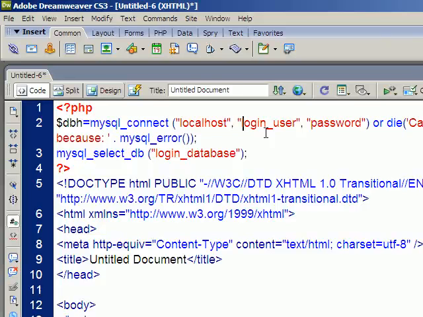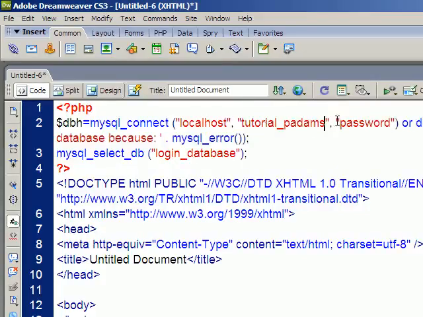Now with the StackNZ server that we've been using, we get a kind of funny username. In general, it's just whatever username you set up for your user on the cPanel, but in our case it's two-part. The login, so that's the username that you use when you first log into cPanel, in my case it was tutorial I think, and then the user, and I'm trying to think who I set, it was probably P. Adams, and then